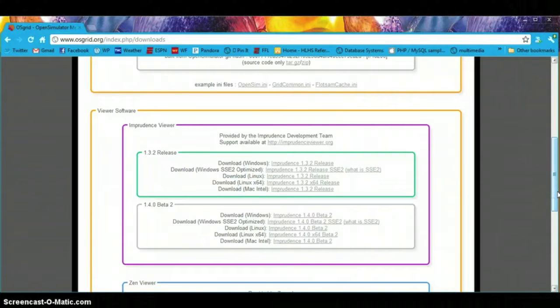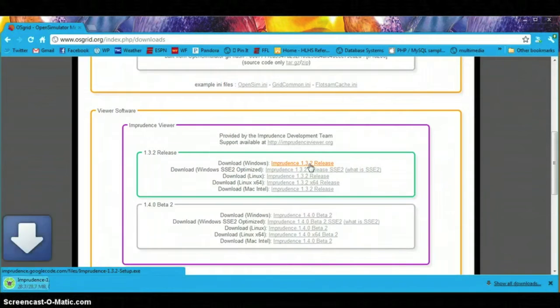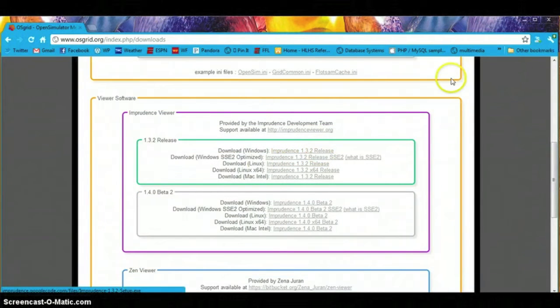Imprudence is an open source metaverse viewer project based on the Second Life viewer source. Now we're going to use the 1.3.2 release. Click on the link next to the operating system that's appropriate for your computer, and Imprudence will automatically download to your computer. Once it's finished downloading, open it and then run it and follow the directions for the install. Now that you've downloaded Imprudence, you can close your browser